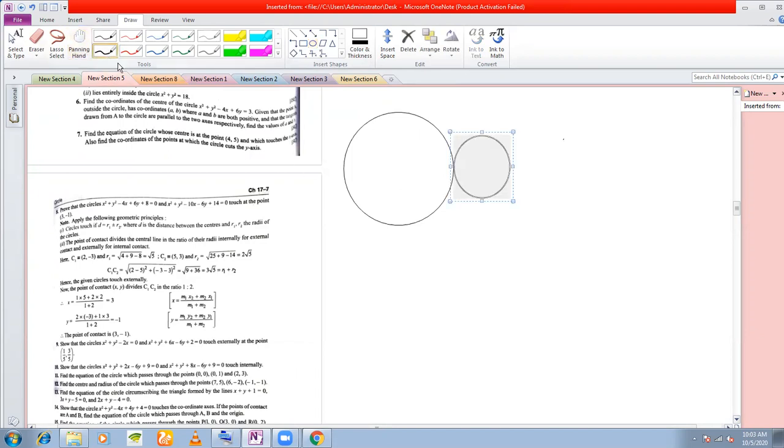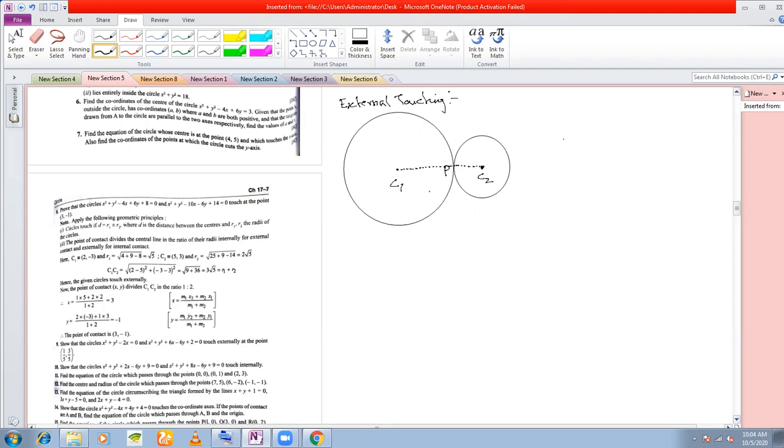Okay. Where you have your centers here, say C1, C2, and we say for external touching, if two circles touch each other externally, let us call P the point of contact. That is, P is the only point where they intersect. Let's join this. Obviously, this line must pass through P, right?